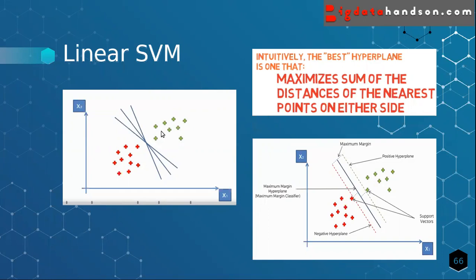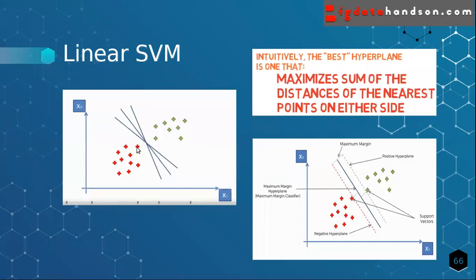That means we take, from each category, the point which is closer to the other category. You can see here we have a red category, and the point closest to the green category is this one. In the green category, the point closest to the red category is this point.